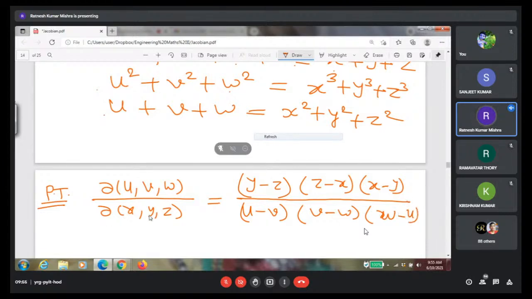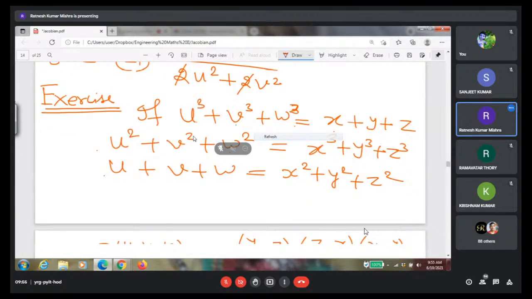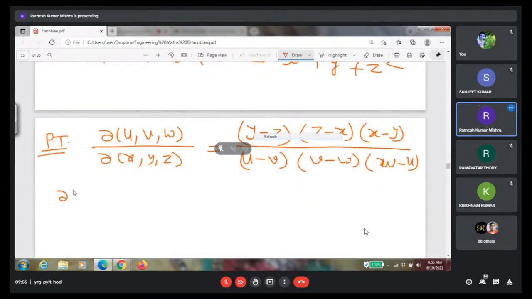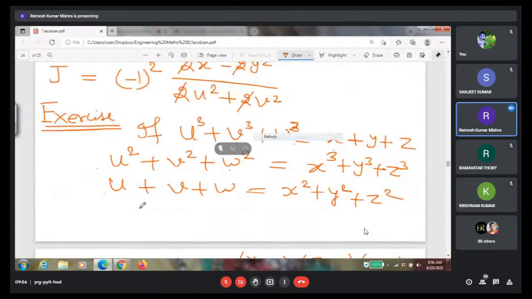Okay, can we find this exercise, this problem? How can we write Jacobian of x, y, z with respect to u, v, w? How can we write this one? Actually, u, v, w are the implicit functions of x, y, z. Similarly, we can write x, y, z are implicit functions of u, v, w. Then